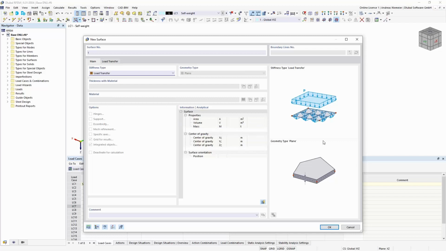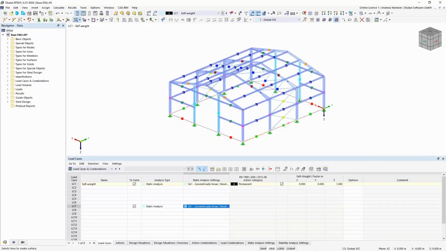It's a surface which has no effect for structural analysis, but it takes over load and transports it back to the members or all other objects which are in this loading plane. So let's define it for this structure. I pick the boundary elements. This is of course a work step which has to be done, but it has to be done only one time and can be used for all types of loads.